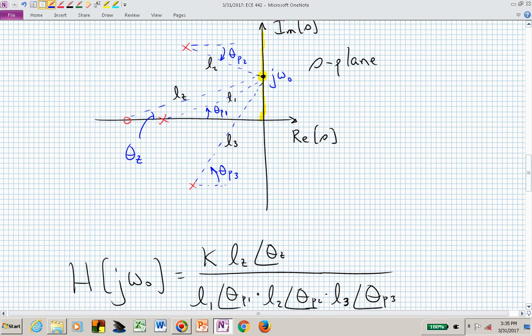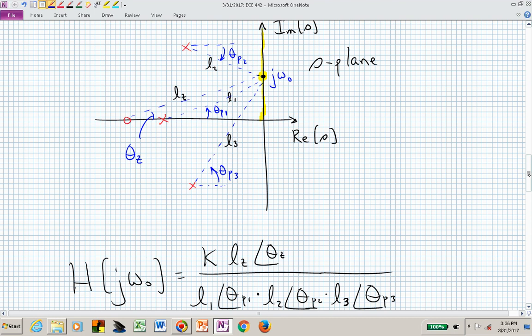If we look at the pole in the second quadrant, or in the upper half of this particular picture, it has a distance L2. It also has an angle of θp2 from that pole location to the frequency in question, jω₀, whereas the real pole had an angle of θp1 relative to this horizontal real axis. We have to look up an angle θp1, and we would have to move a distance L1. We would probably have a gain value or a constant value in that transfer function's pole-zero diagram,